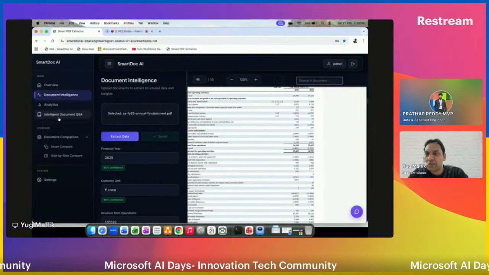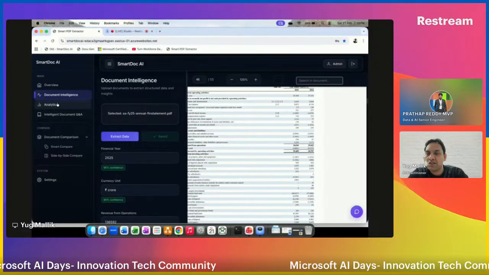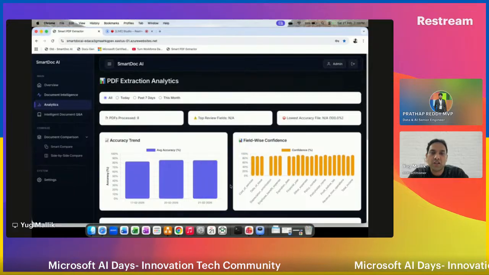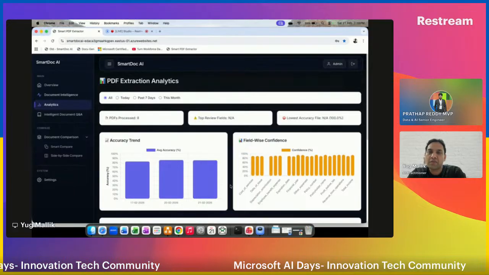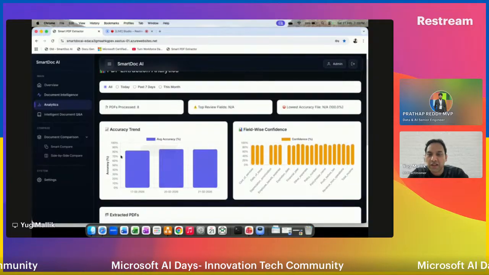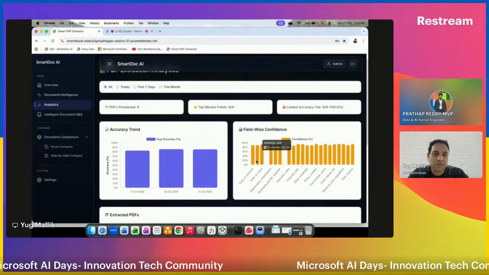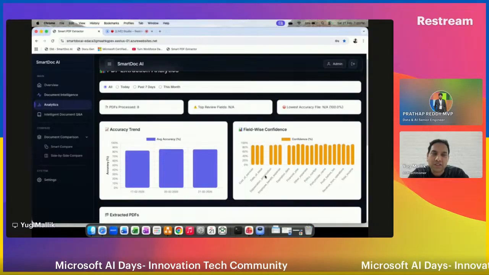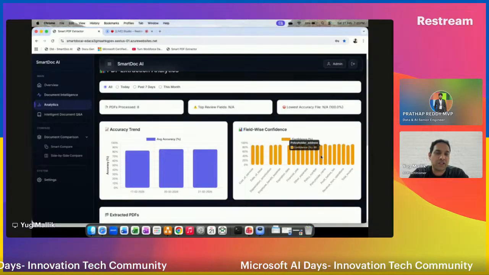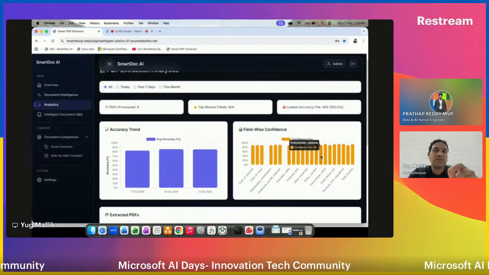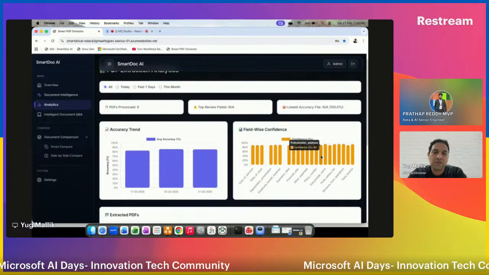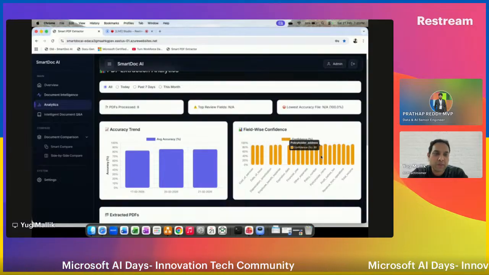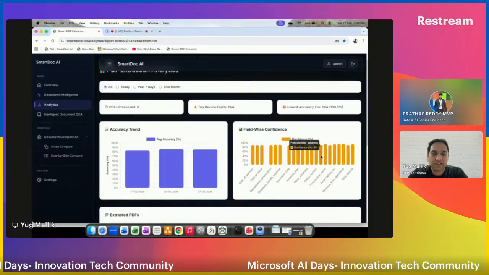This feature is very useful to know what the improvement areas are for the model. What is the accuracy trend? It is giving all the details, right? For the fields that we have, it is also telling you the average confidence score. Now some fields might not have the expected confidence score, and that's where, from this report, you know that the field has to be fine-tuned, the logic has to be recreated or topped up, so that our extraction happens seamlessly.